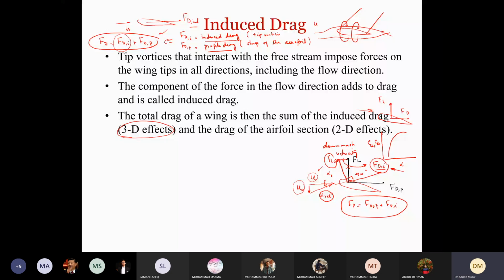Sir, but isn't this drag opposite to the direction of the actual drag? Okay, so I think I haven't drawn this to scale. Maybe I'm missing something. This direction should be coming because I saw this thing somewhere else also. I recalled it. So I think I'm missing something here. Let me see. It should actually be in the direction of the flow. Yes. So now let me see how.